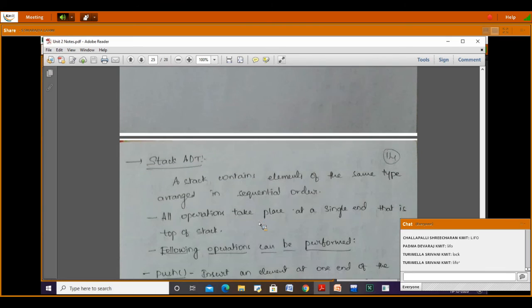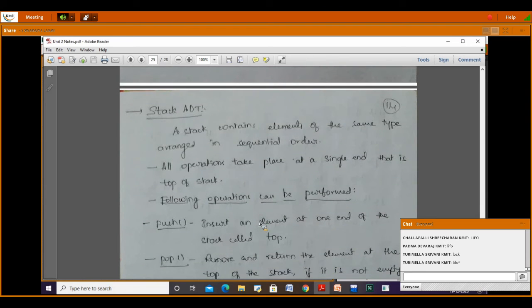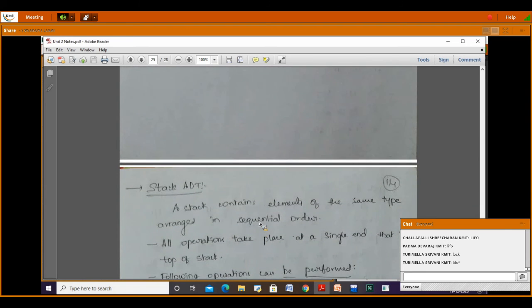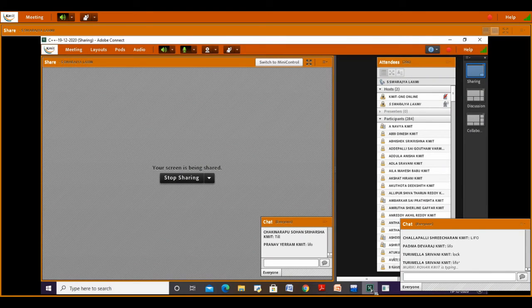Then we have different operations. So before going to that, what operations do we do in stack?